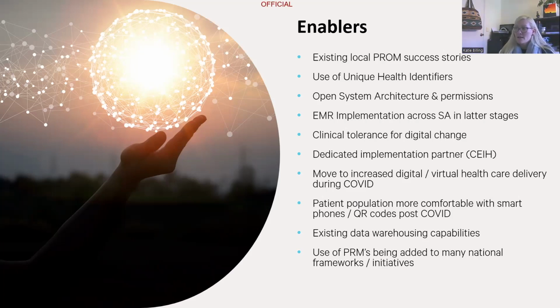The increased move toward digital and virtual. Absolutely. So people becoming more familiar with technology and incorporating that into their practice is definitely an enabler. And that includes the patient population. So consumers using QR codes across the system, across the whole of the public sector, I guess, and other areas has really been a game changer. We have the data warehousing capabilities, and